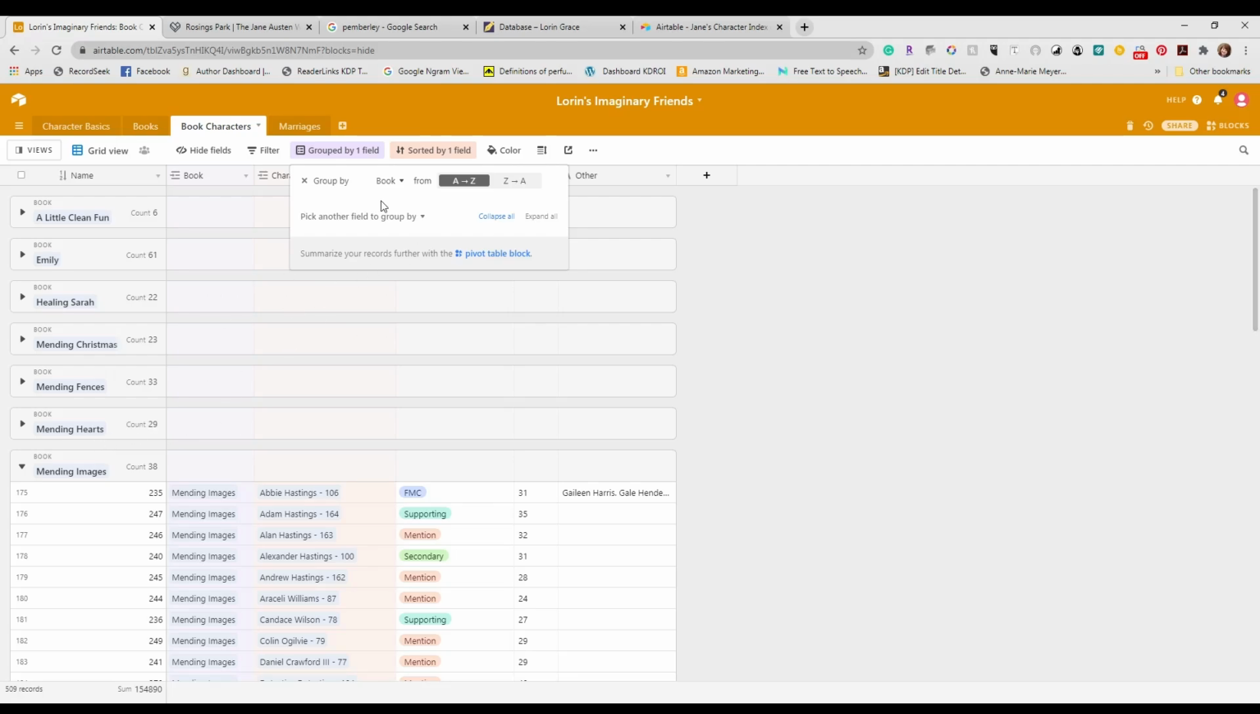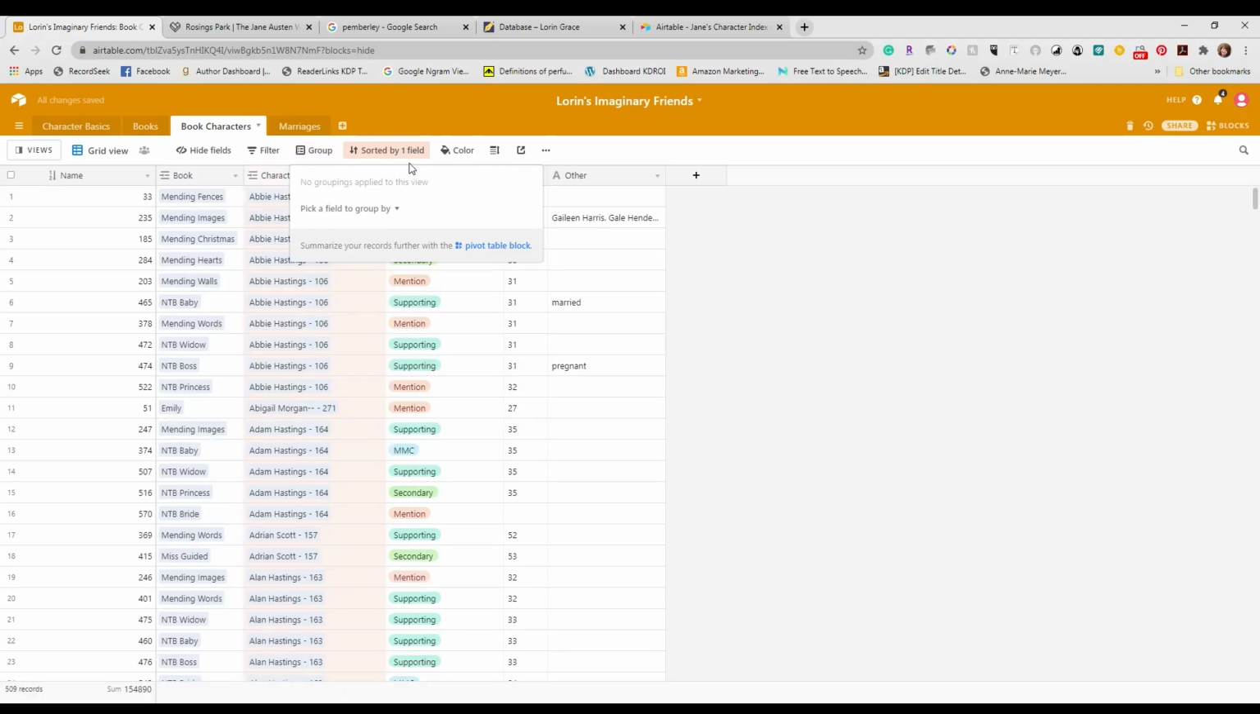in groups. If I ungroup it, because I've sorted by the character field, I now can see that Abby Hastings is in 10 different books. And I can see which books she's in, I can see what roles she plays, and you'll notice her age changes because these books take place over a 3-year period. And I can see some very specific things that applied only to a specific book, such as she was using some pseudonyms in that. So I hope this helps you,